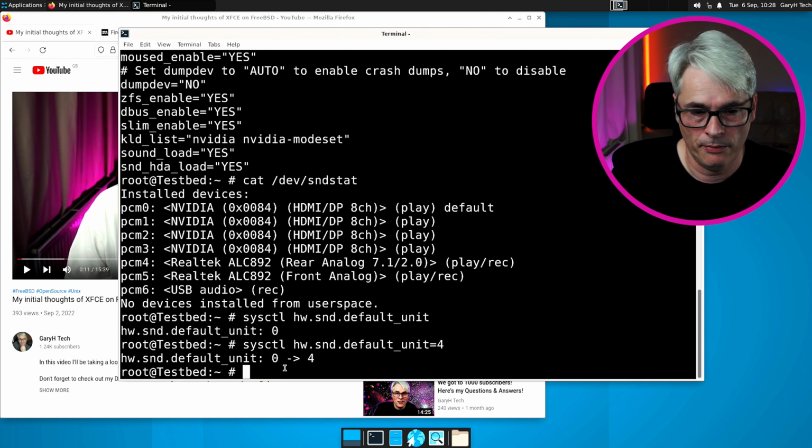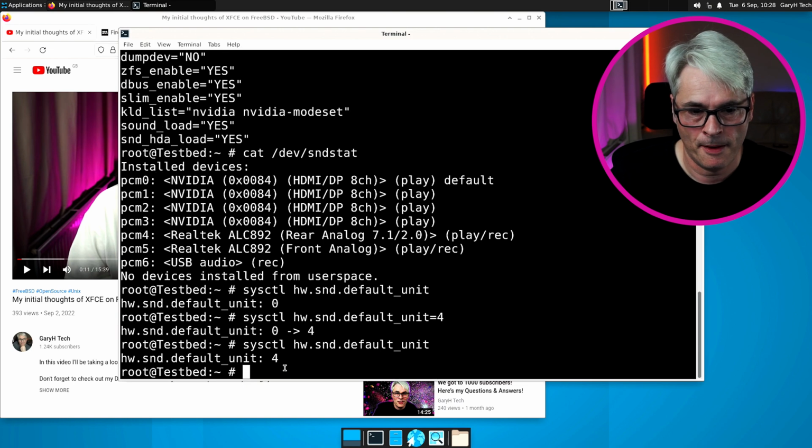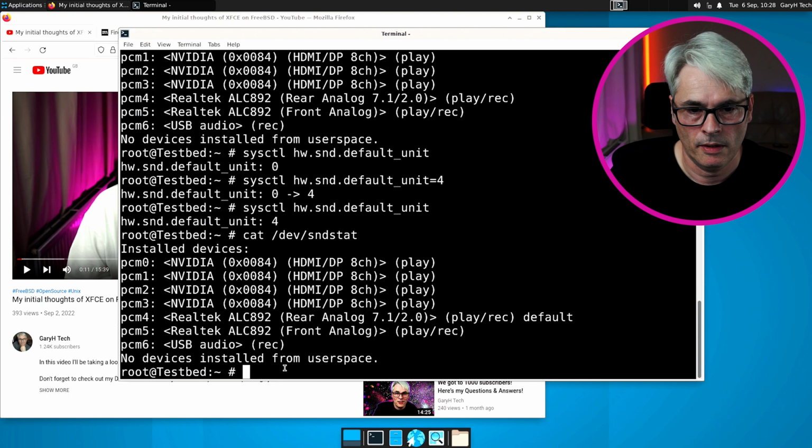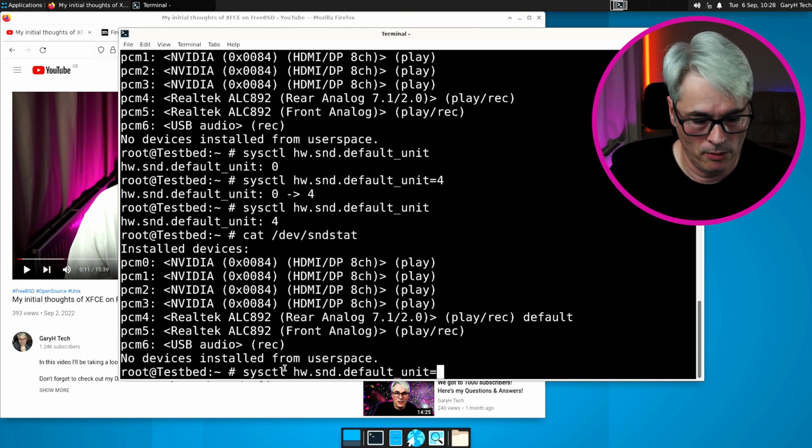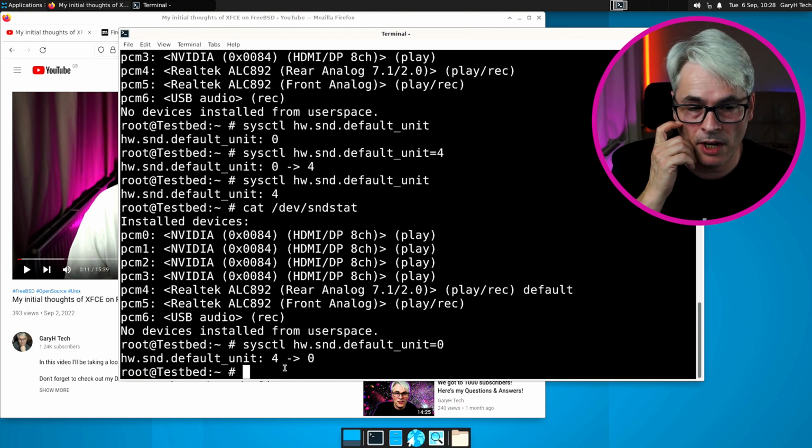there you go. And if we list it, there's your new default, which will be shown there when you cat /dev/sndstat. Now for me, I want it on 0. So we'll go back to that. So once you've got that,